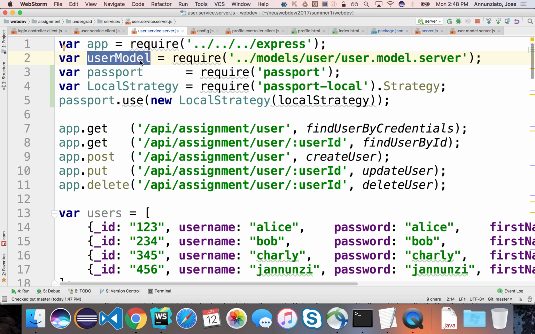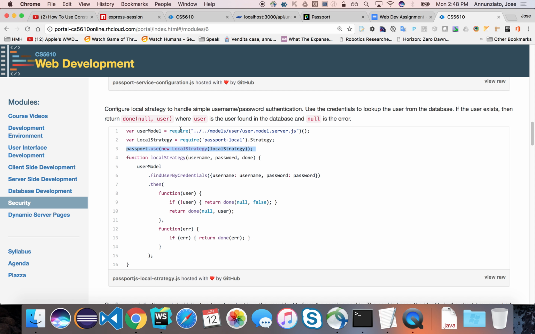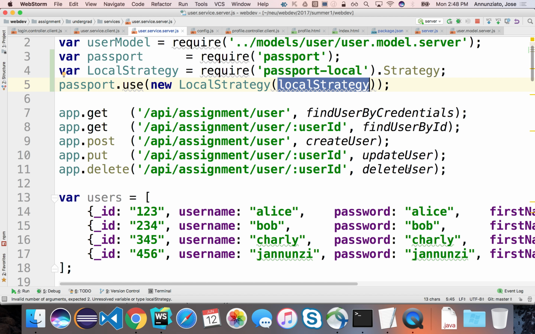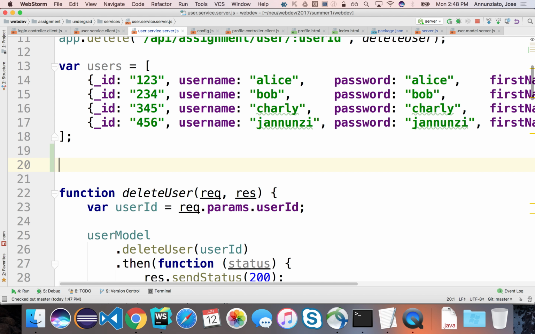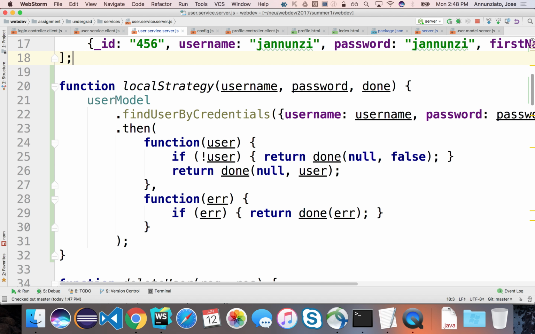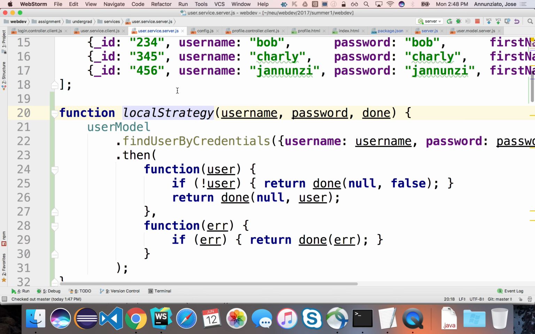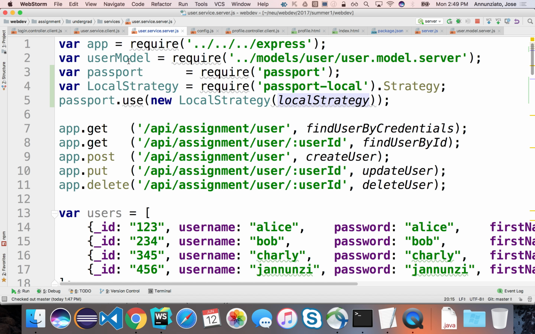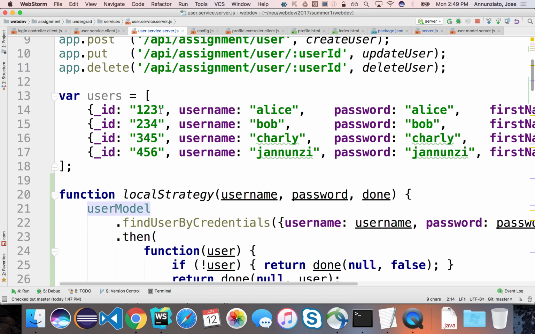Okay, all right. So let's implement the local strategy function. The local strategy function is right here. This is a function that's going to handle the login. Notice that we're going to be using our normal user model that we instantiated earlier, the one we've been using all along. The only difference perhaps is that my